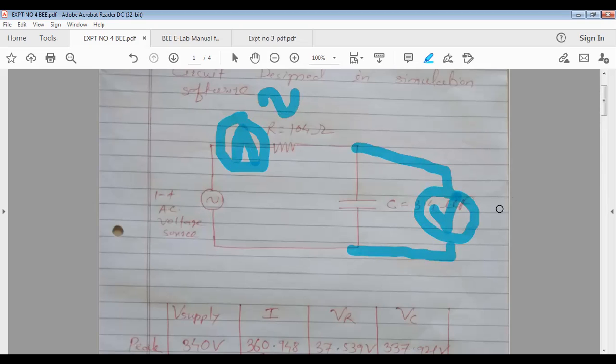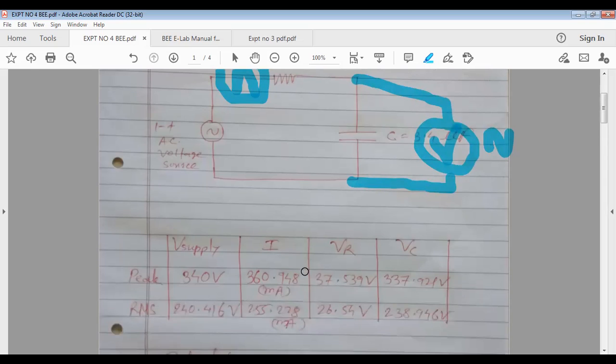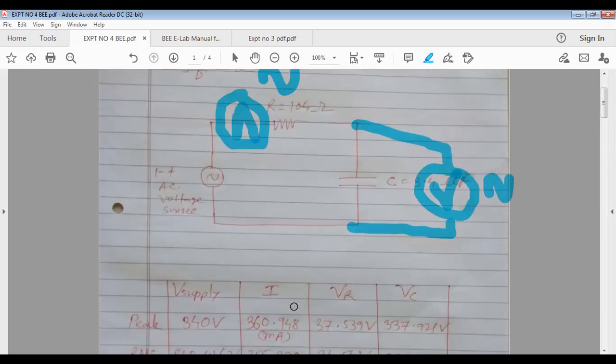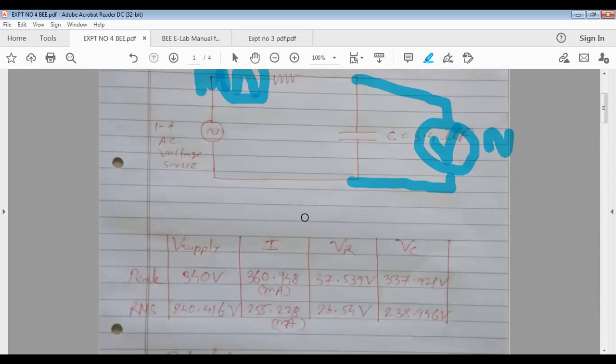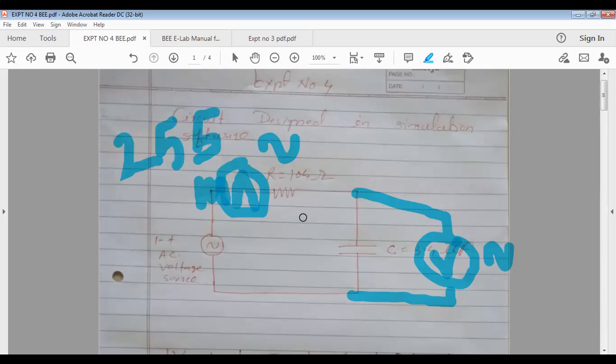Just check whether the alternating symbol is there on its display or not. Consider this ammeter is displaying a value of 250 or 255 milliampere. Consider it's a milliammeter and it's displaying 255, and this voltmeter you consider is